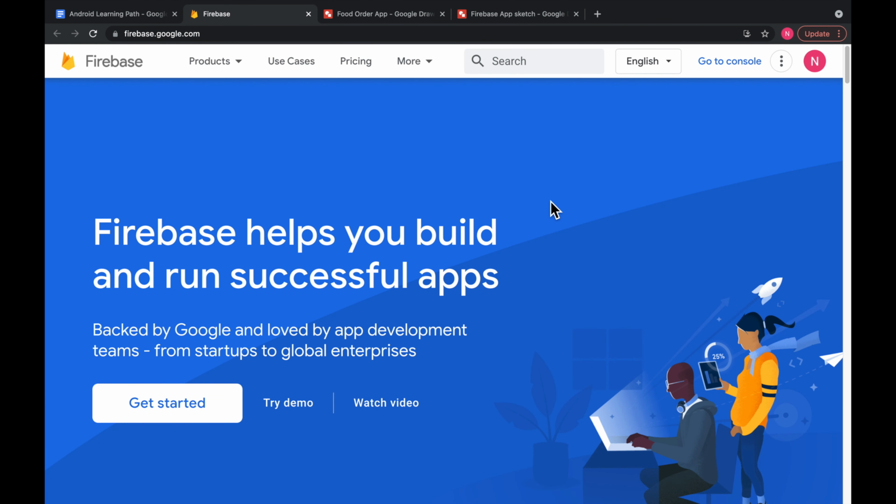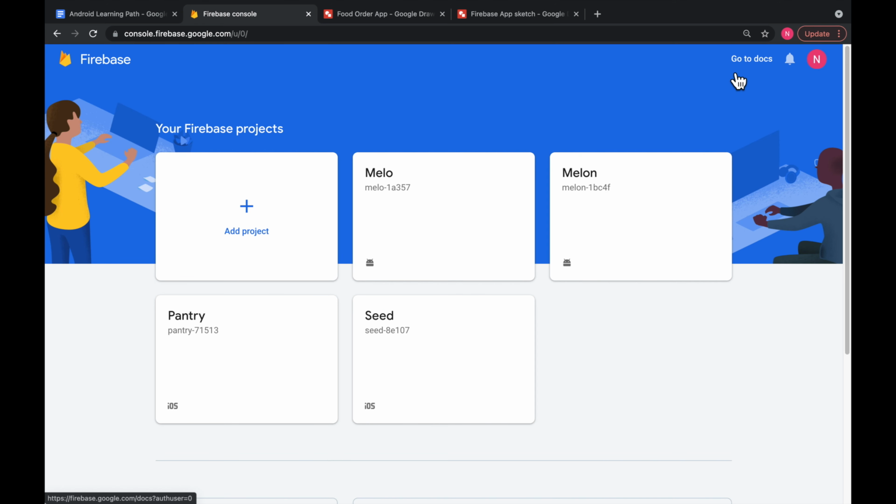And to do that, we're going to go to firebase.google.com, and then if you're not signed in, of course, sign in, and then just click go to console up here at the top right corner. Once you have that clicked, the next thing you would want to do is to create a project. If you don't already have one, I already have a couple. If you don't already have one, click add new